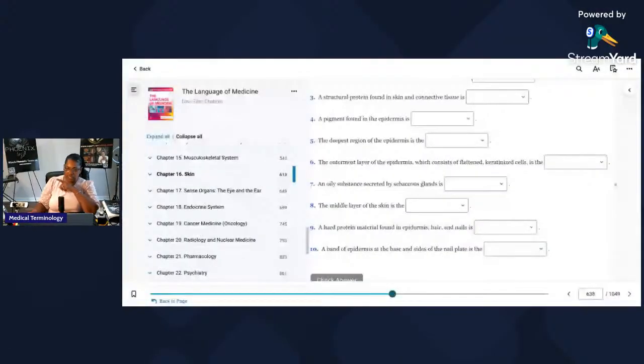This book, did I show you guys? So these are some of the exercises in the book. I got to go through this because this book is different than the older version. The exercises are in this book. When you get this book, these are the exercises that you're going to do. Why, Miss Lambert? Because that's the only way you're going to retain medical terminology.